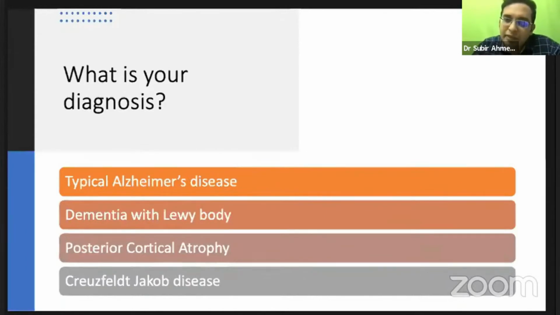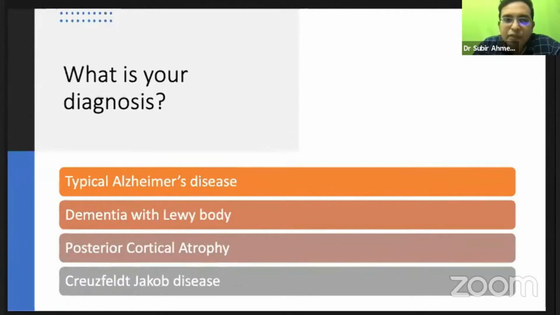Also, regarding Creutzfeldt-Jakob disease, there is a variant called the Heidenhain variant, which also starts with visual problems. That Heidenhain clinical variant starts with a visual problem in Creutzfeldt-Jakob disease, which has a rapid progression, and rapidly this visual problem will initially start as a visual problem and then progress into a dementing process. So all of you have answered correctly. But this patient had about a 2-year history, and has now progressed into a memory impairment.